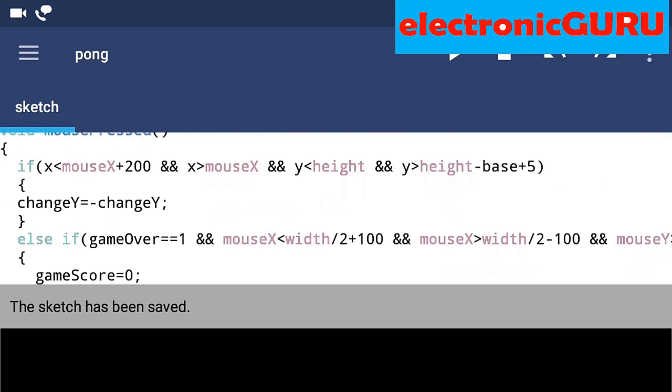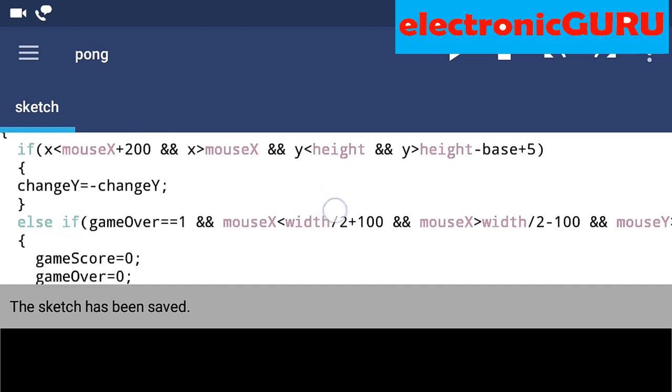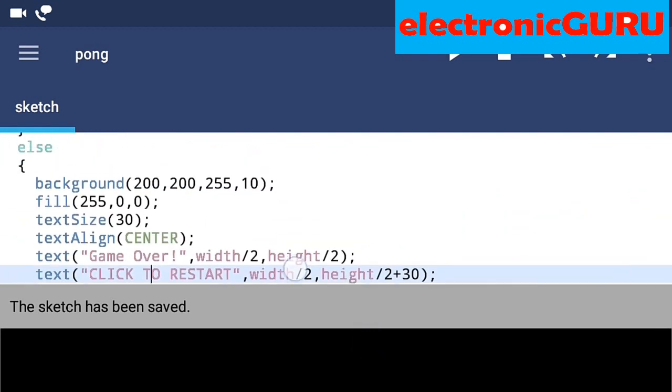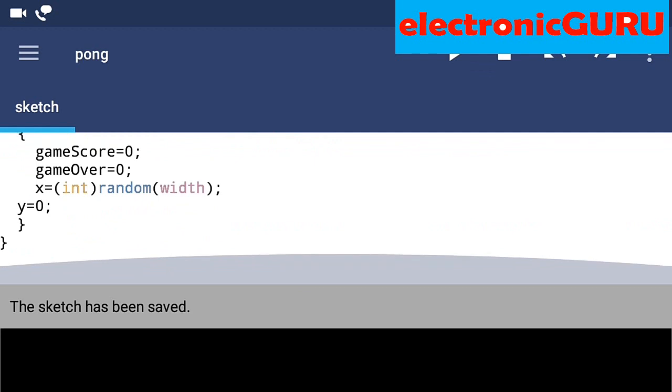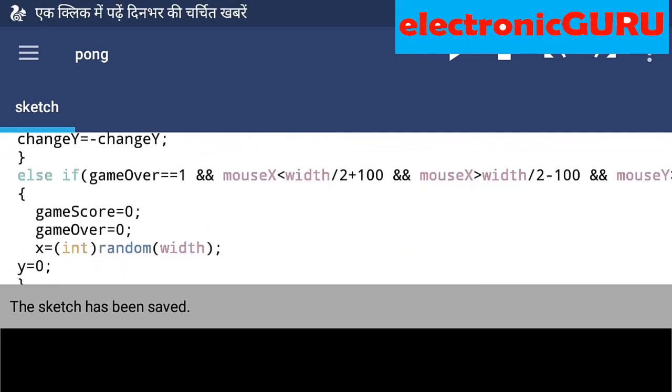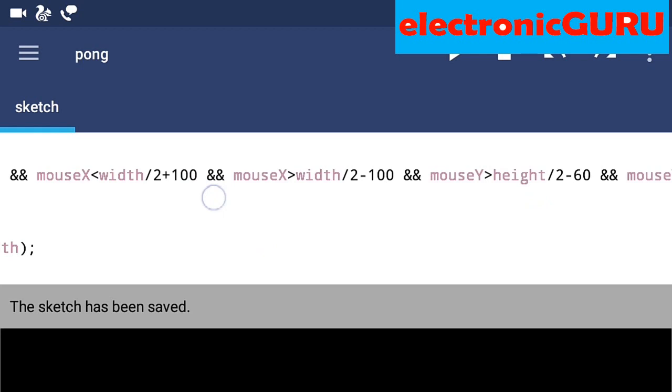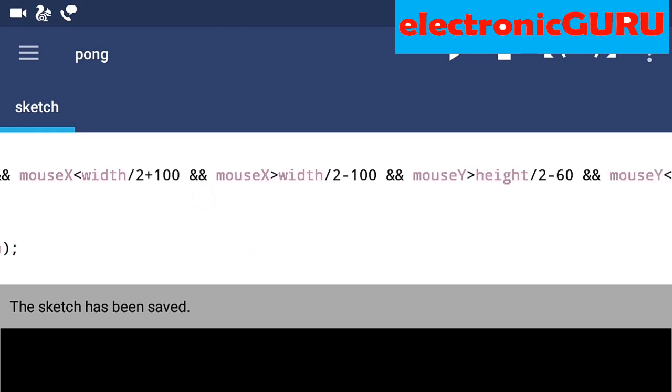If you click something, that means a mouse pressed. This is the condition for the block to move. If you are moving the block, then the x and y coordinates of the ball will remain like this, and it will automatically change the y direction, as I have told you. And if game over equals 1, which means the game is over, then it will automatically wait on the game over screen, where the text is written, and sense whether the touch is within the range of that text or not.